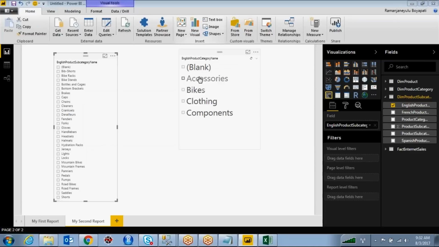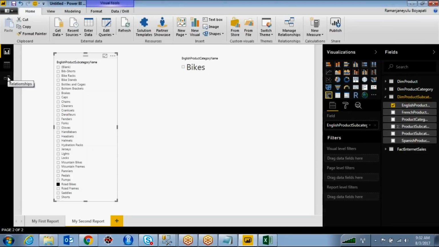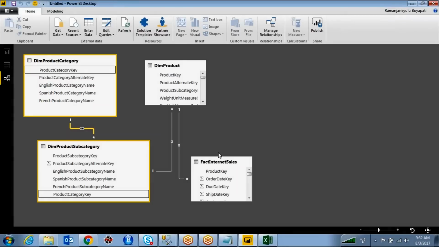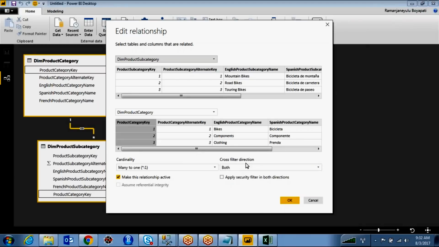Earlier, when you select a category, it will filter the subcategory. Now I am going to select the subcategory. See, it is filtering the category as well. Got it? What is bidirectional? Cross filter in both directions. So if you want the filter in both directions, you can select the cross filter direction as both.